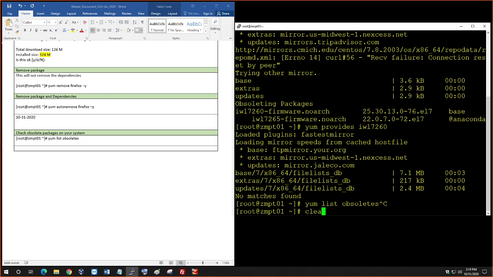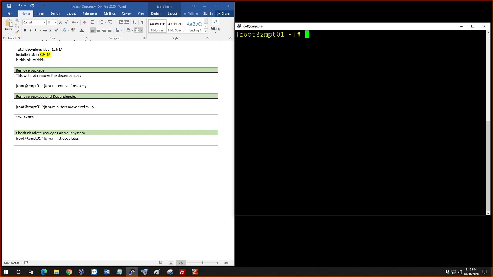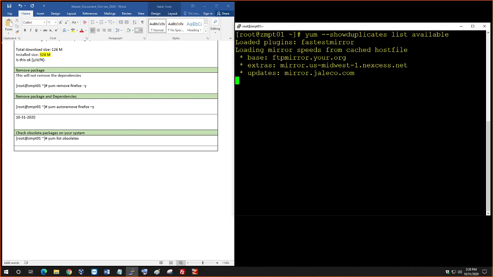Okay, so let me clear the screen. Now the next command is yum --showduplicates list available. What this will do is show a list of packages which are available from the repo also. Okay, so when you hit enter,